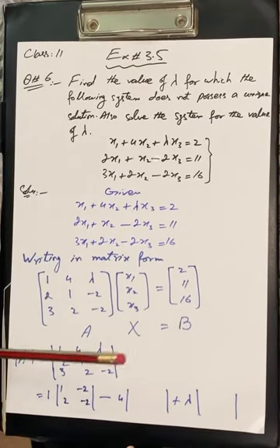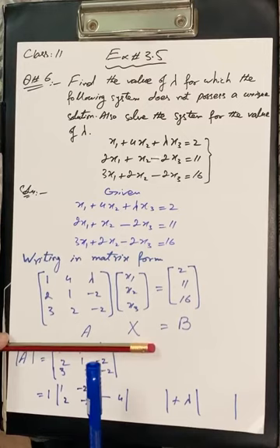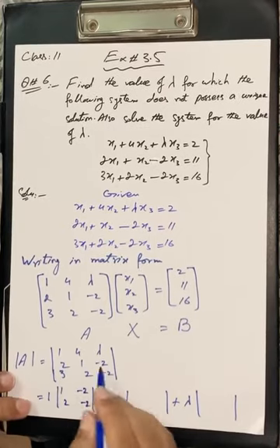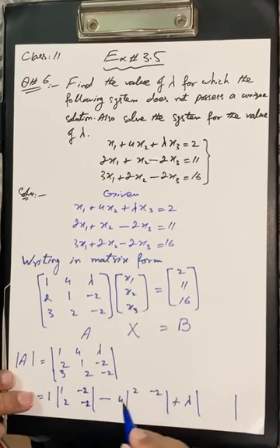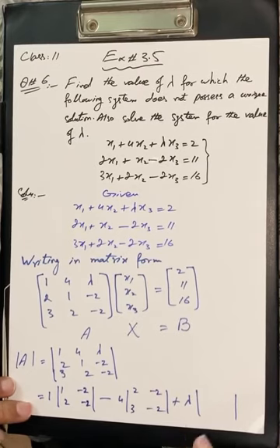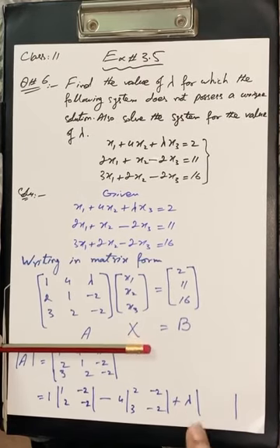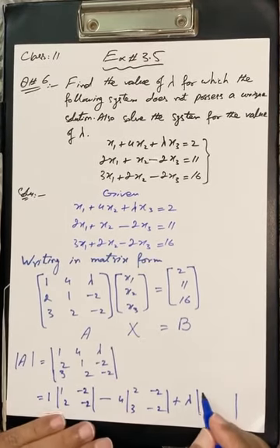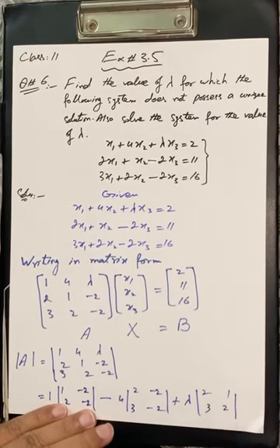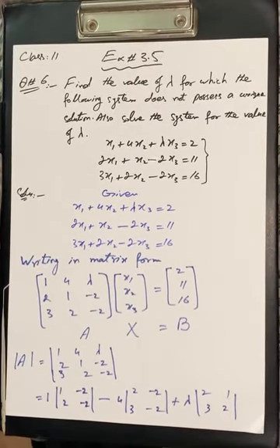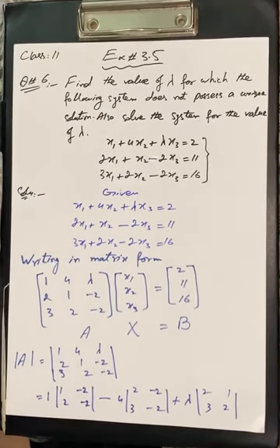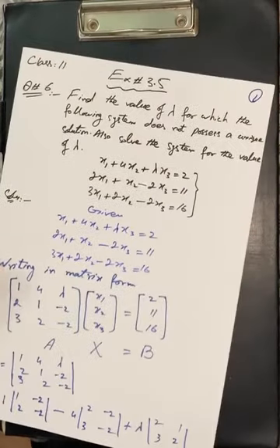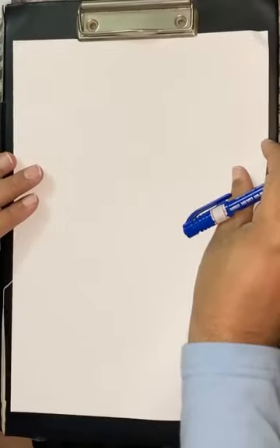After that 4. So hide 4's first row as well as second column. So 2 minus 2, 3 minus 2 is left behind. Lambda is in the first row and last column, column number 3. What is left behind? 2, 1, 3, 2. So we write here 2, 1, 3, 2. After the next page, we'll go on to solve it. This is my page number 1. Next, page number 2.